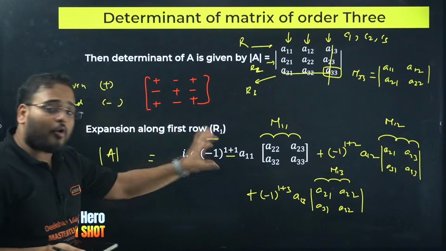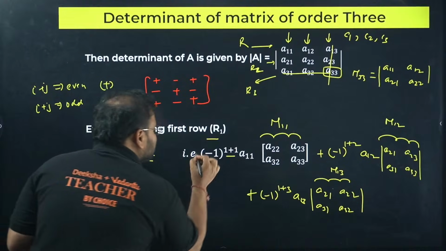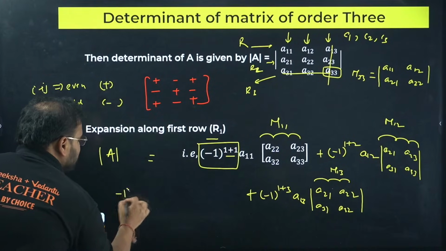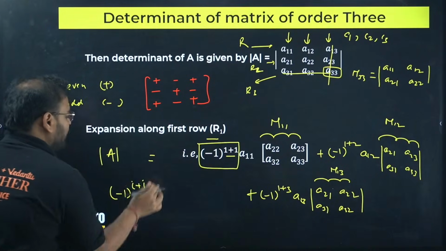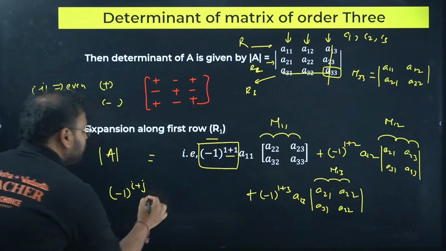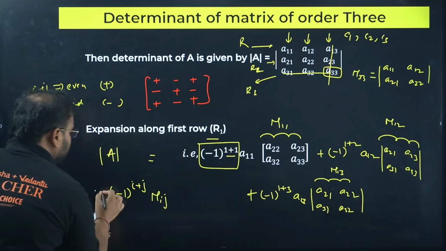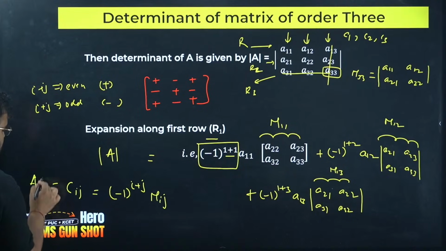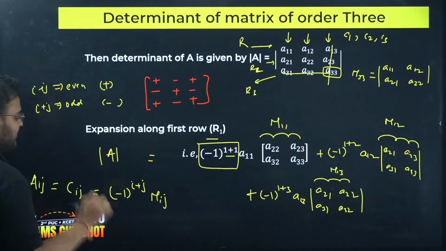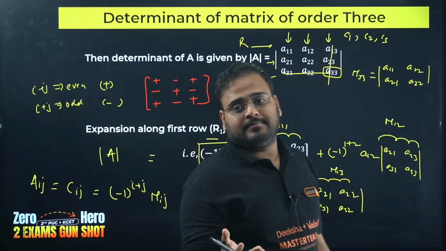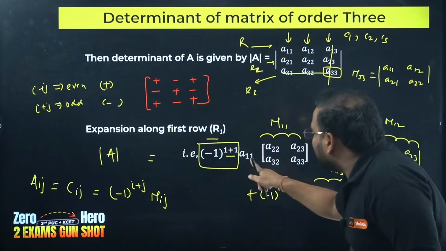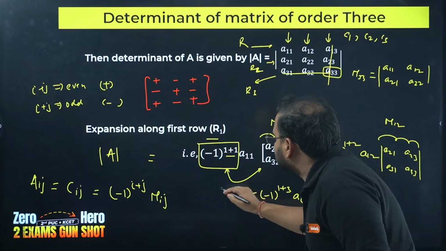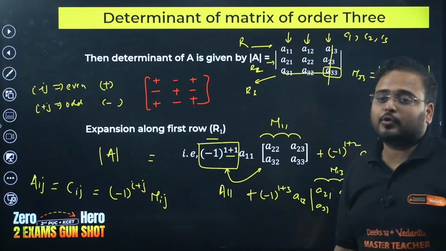The difference of the cofactor is basically the inclusion of the sign. When you include this sign, of the form minus 1 power i plus j, to the minor, this becomes your cofactor Cij, and we sometimes write it as capital Aij also. If you combine these two, this is your capital A11, the cofactor.